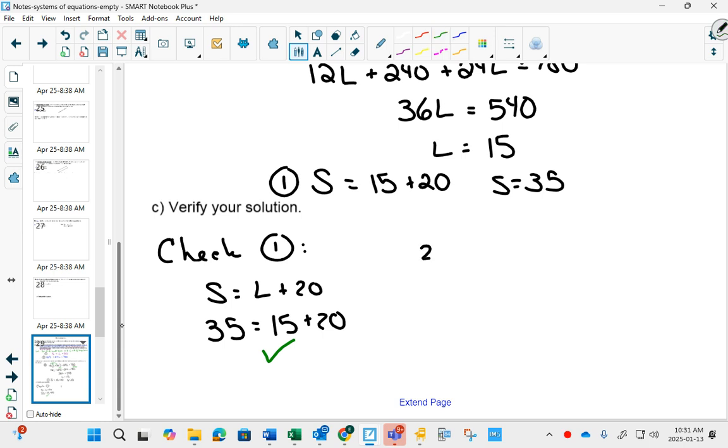If we check equation 2, equation 2 said that 12S plus 24